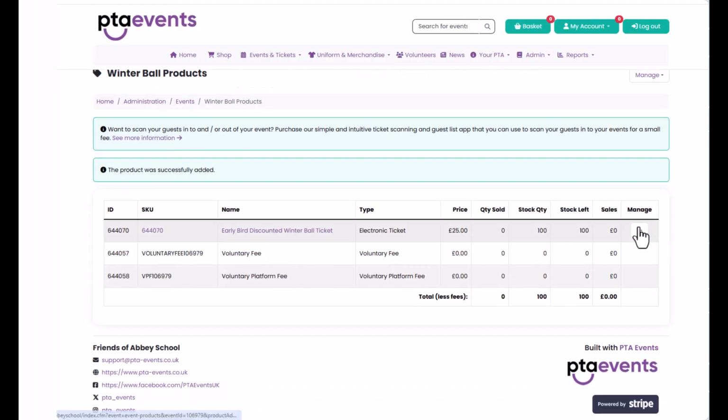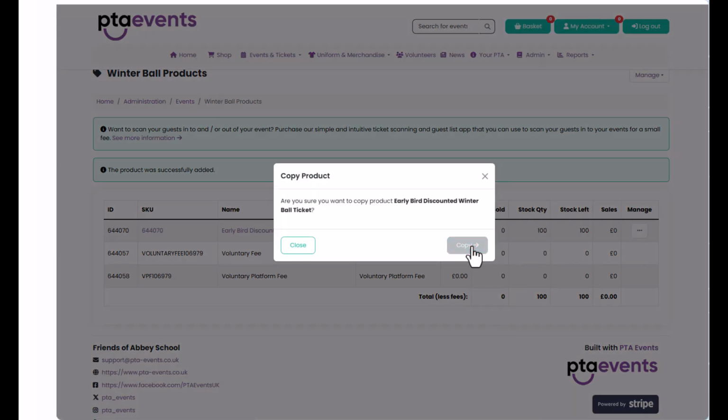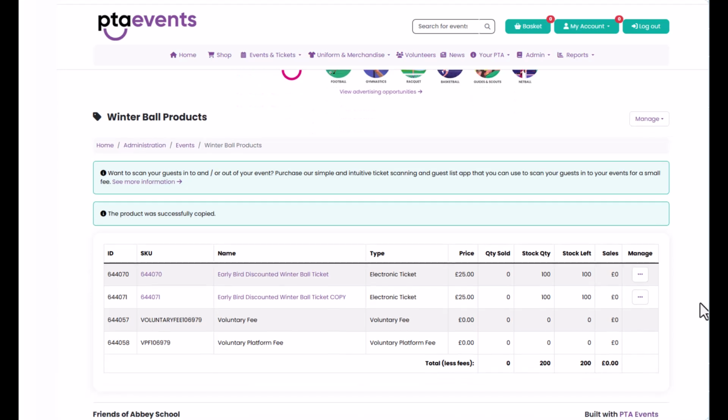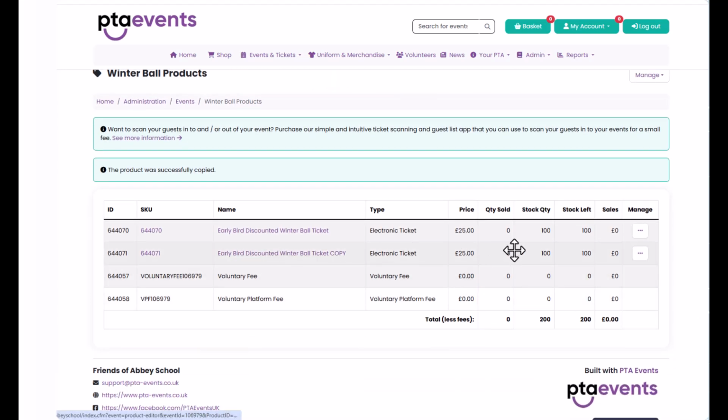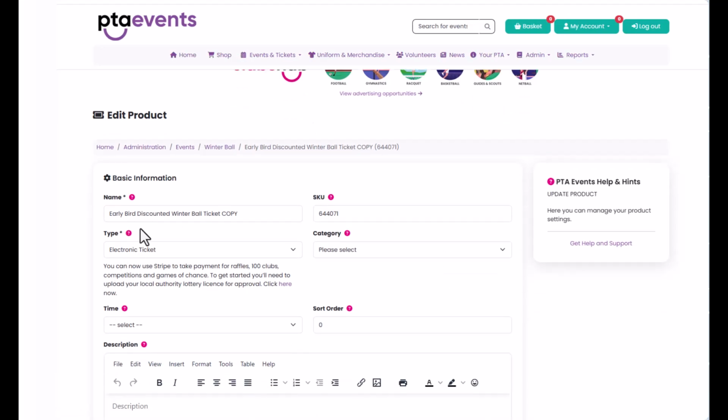Then to create the standard price ticket, select Copy from the Manage menu of the early bird ticket. Then you can click either on the name or select Edit from the Manage menu. Here you can make any necessary changes to these tickets. I'm going to amend the name,